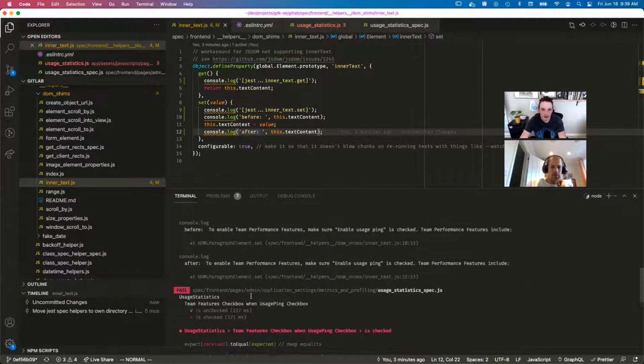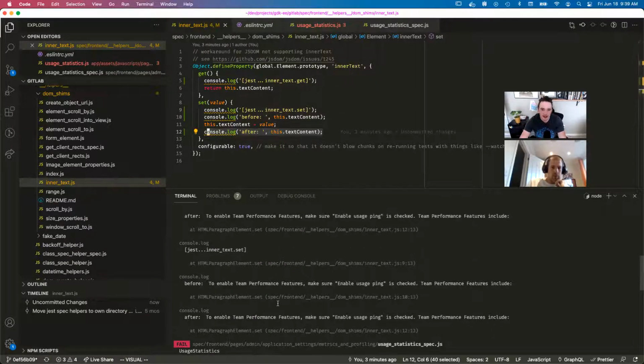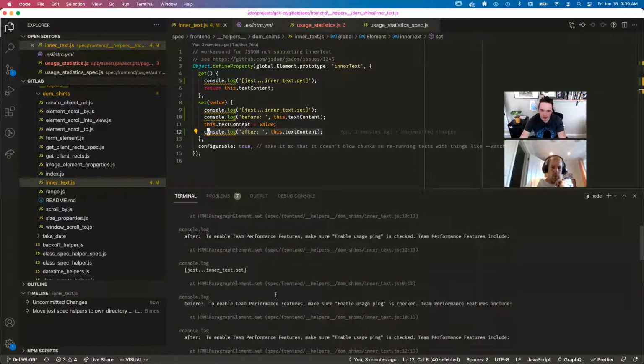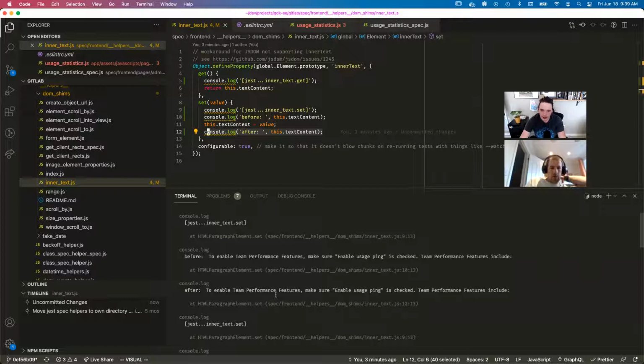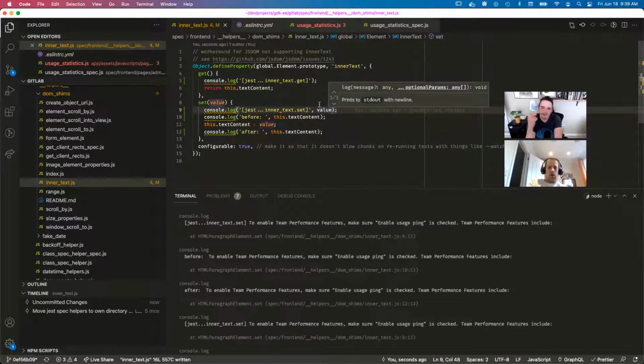So check this out. Here I'm doing inner text set, and I'm setting before this is our text content and after this is our text content, and you see it's the same, the before and after. Yes, and that's exactly the behavior I was seeing when I was doing a console.log